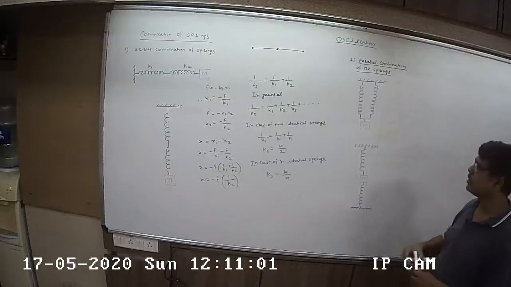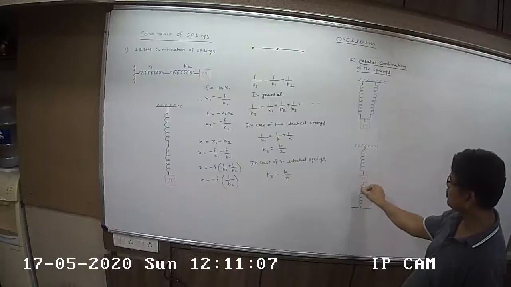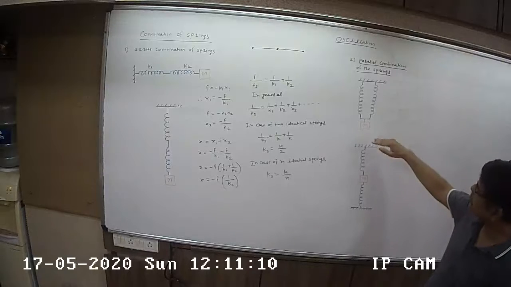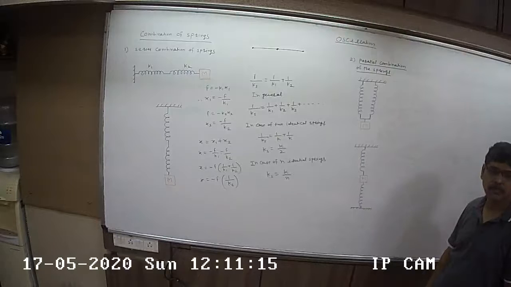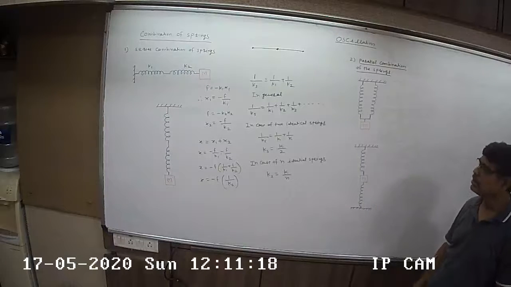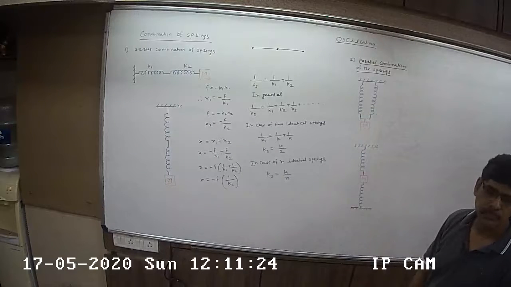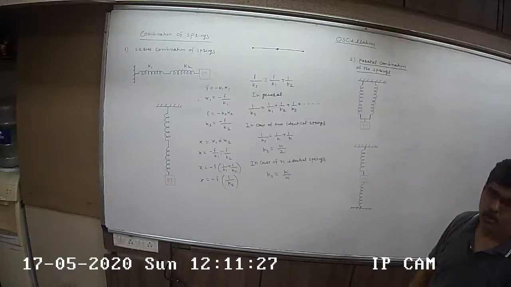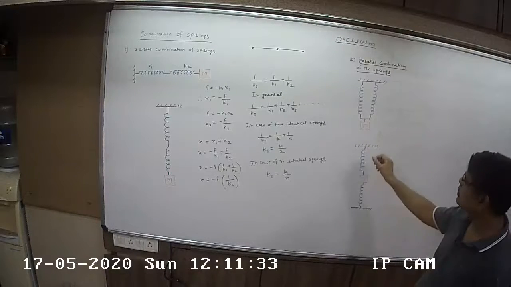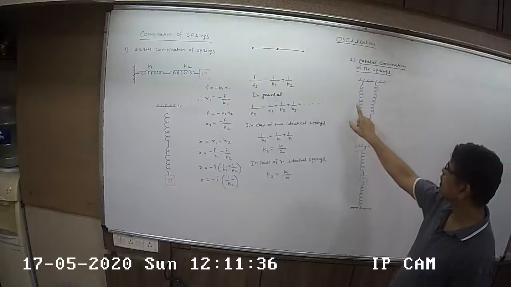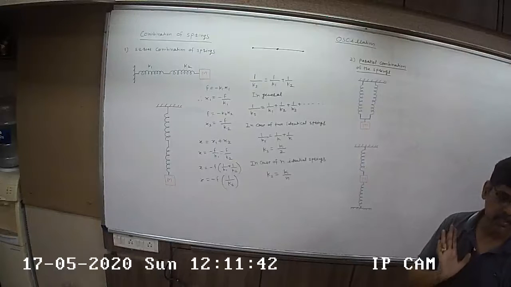Look at what happens in a parallel combination. If I look here, just stretch the block. Here also, stretch or compress and release, and again the system performs linear simple harmonic motion. So again you have to find the effective spring constant when the springs are connected in parallel. When you apply a force here, the extension is the same in both. The force gets divided in such a way that the extension remains the same.